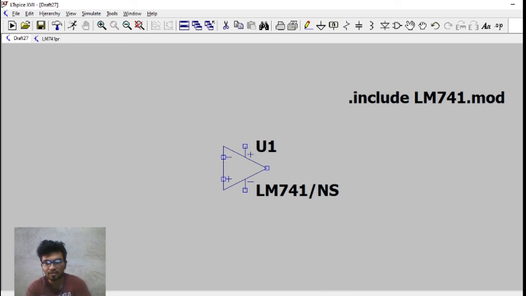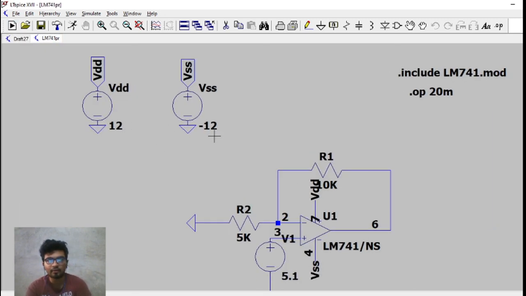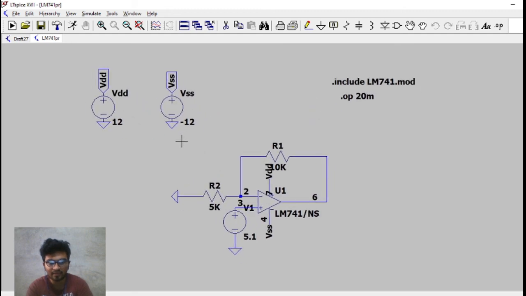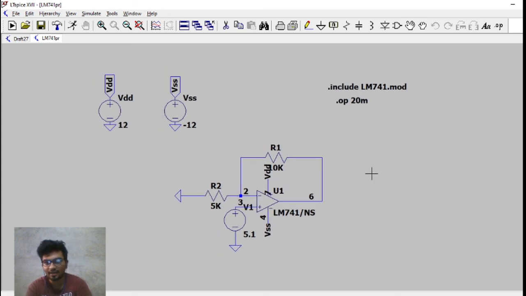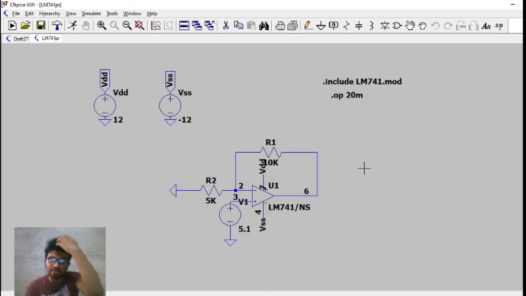As I already mentioned, our first application is the non-inverting amplifier. So I have made one non-inverting amplifier as the circuit has shown. You can just put it the same way. You can add resistors, components, and supplies, and after that, you can start doing the experiment as the instructions are given. So that's it. You can start it from here. Thank you.